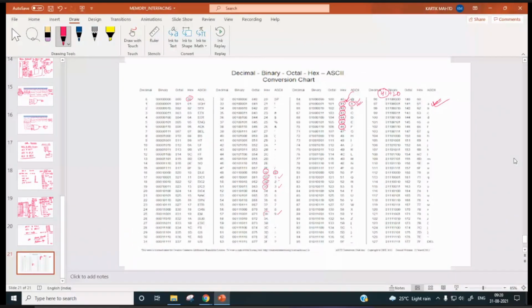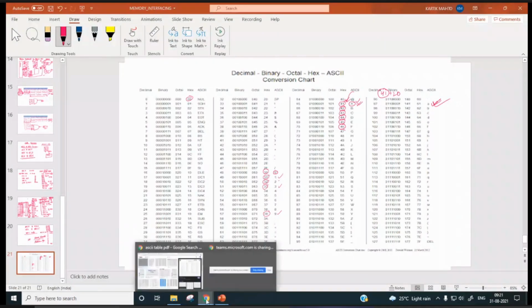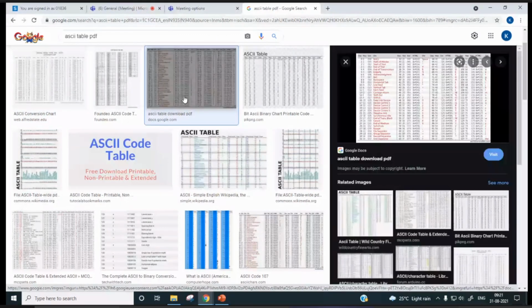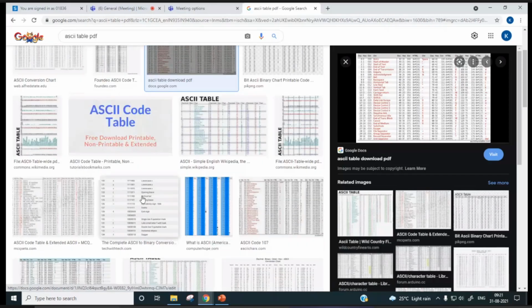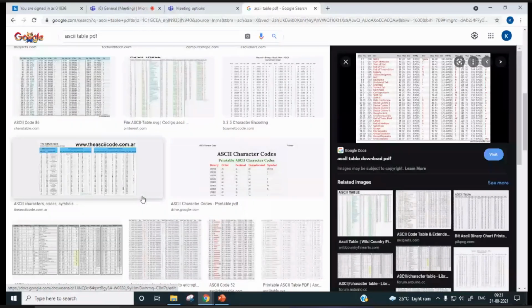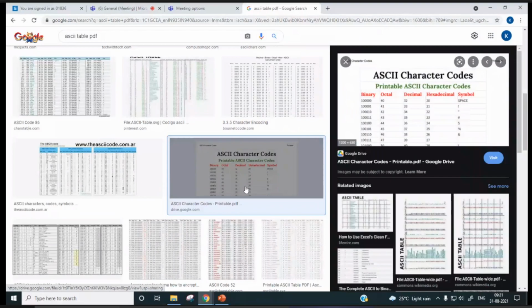Then for the blank character, for the return key. Oh, it's very difficult to see over here. For the blank character, it is 20. You can see over here.